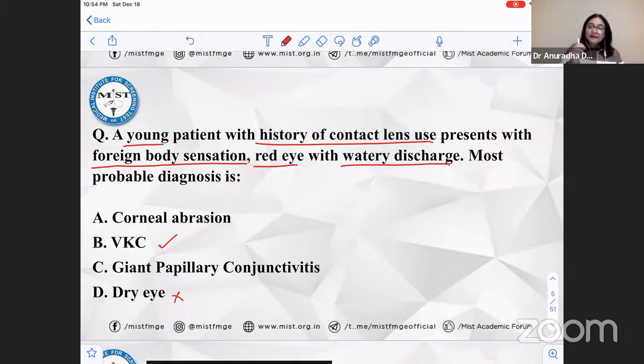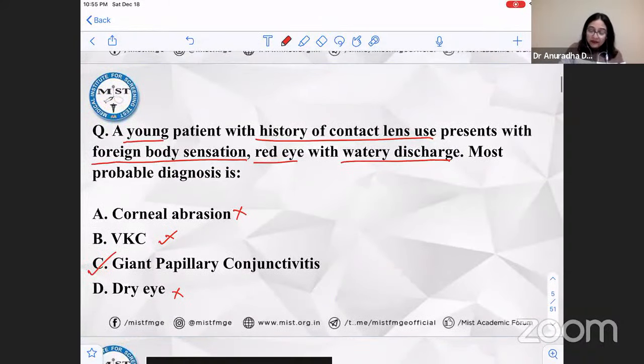So the use of contact lenses is important to note in this question. Then corneal abrasion. Corneal abrasion means that a person has rubbed the eye, that is why there is epithelial injury to the cornea. Nothing of the sort has been mentioned in this clinical case scenario. So we can rule out corneal abrasion also. So we have to see which choice is matching the most with the clinical case which has been given in the exam. So here, giant papillary conjunctivitis is your most appropriate answer because giant papillary conjunctivitis is associated with